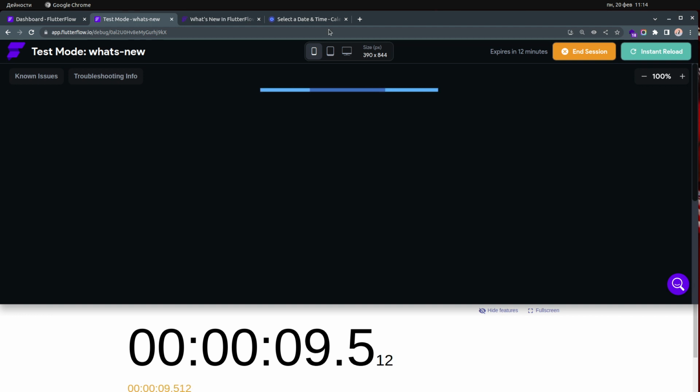And while we're waiting, I actually wanted to show you... I cannot actually show you, but I wanted you guys to look at what is going on over here and how this is loading. But yeah, let's wait 30 seconds more and see what will happen. It actually says here that you have 30 minutes to use the test mode, and after 30 minutes, let's